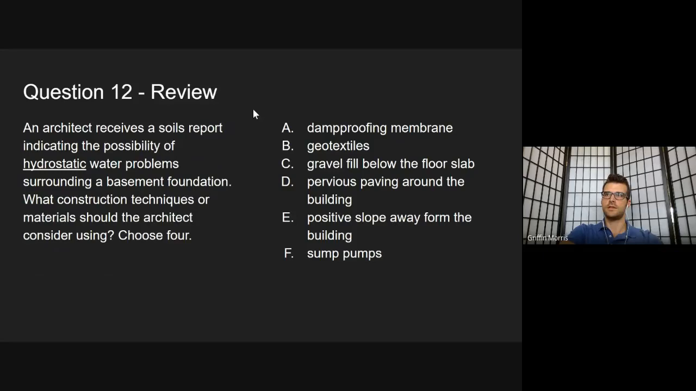All right, so this is a good one to review for South Florida. We have hydrostatic water problems all the time. So as an architect, you receive a soils report indicating the possibility of hydrostatic water problems. We've got one person asking if we can go back to question, and we'll go back in just a minute there. You're having hydrostatic water problems surrounding a basement foundation in question 12. So it asks, what construction techniques or materials should the architect consider using? Choose 4. So out of the 4 we have here,